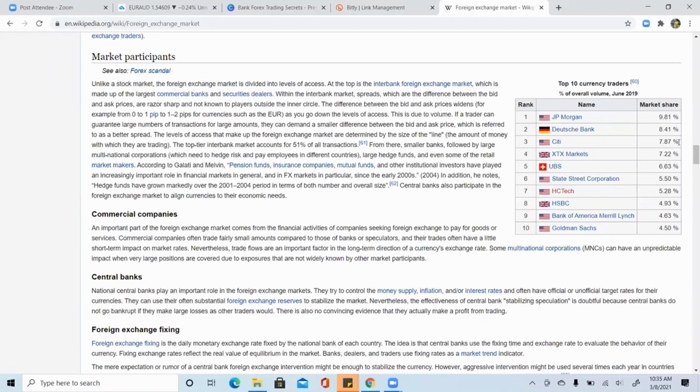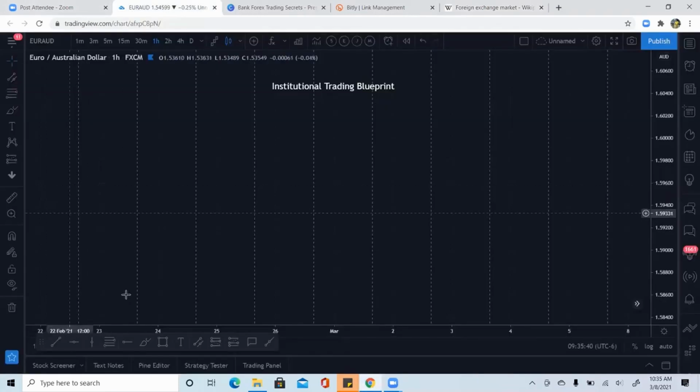Now, you've got to ask yourself, would a bank trade the exact same way a retail trader with a few $100s or a few $1,000s in their account trades? And the answer to that is no. The reason being, and I wish I had my screenshots of the type of lot sizes that they place, but to put it in perspective,